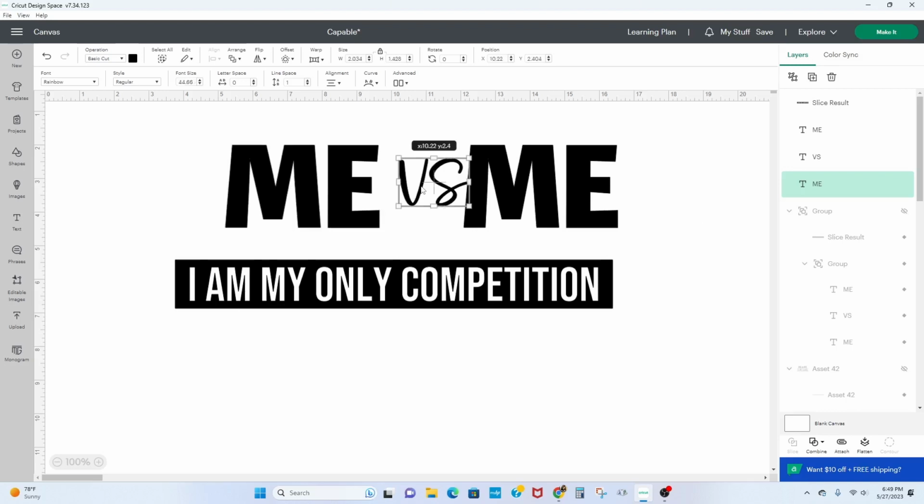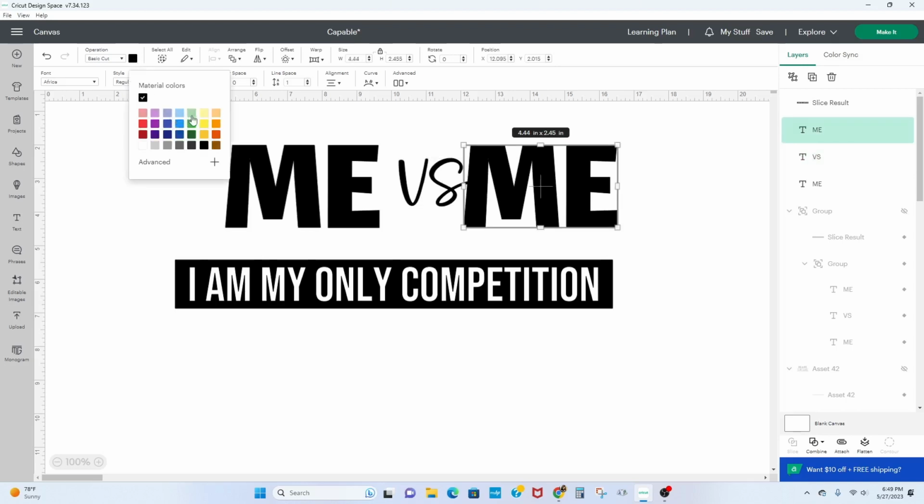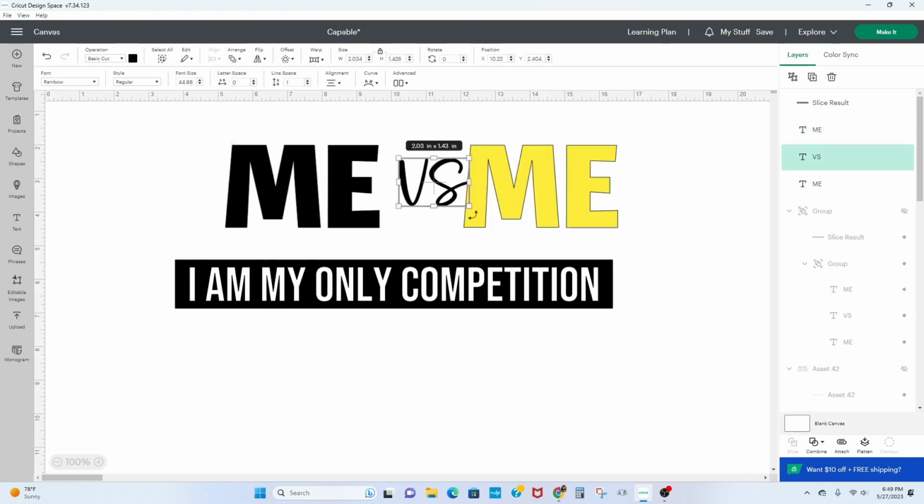And where this versus is, it is actually slanted on the picture that he sent to me. So I'm gonna go ahead and make this slant. So you see this arrow here, let me show you guys. The arrow appeared, but you guys cannot see it because it's on this black. So let me make this a different color so you guys can see the arrow that I'm about to show you. So you see this arrow here, you can slant this like this a little bit,